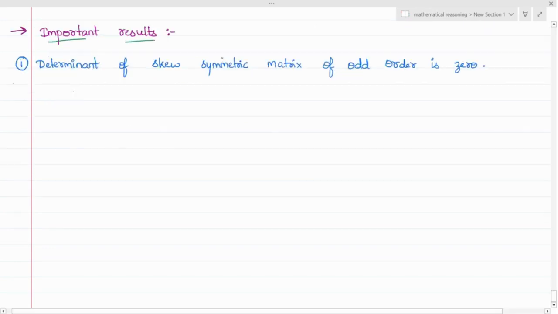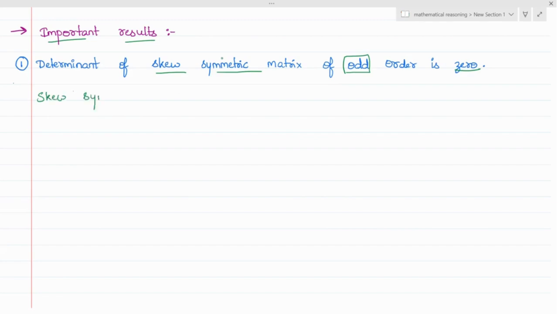Important results. The first one is the determinant of a skew symmetric matrix of odd order is always 0. How to prove this? What is a skew symmetric matrix? When a matrix is said to be skew symmetric, what is the condition? The condition is A transpose should be equal to minus A. So the determinant of this skew symmetric matrix,